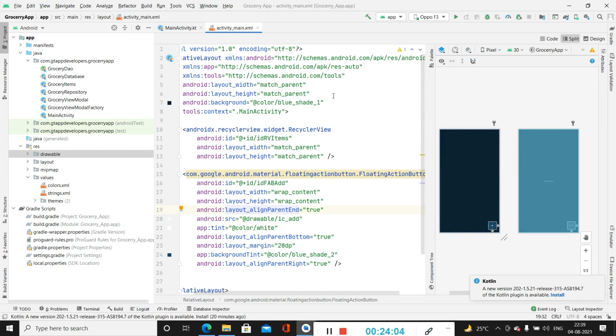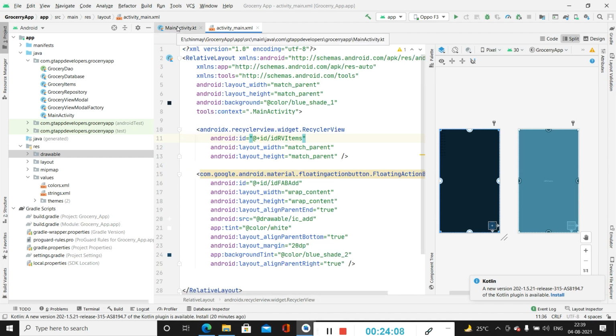So we have also added our icon here. Now after that we have to initialize these variables inside our MainActivity.kt file with their IDs.